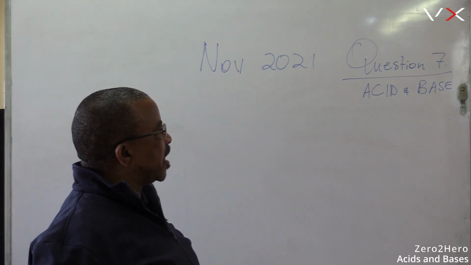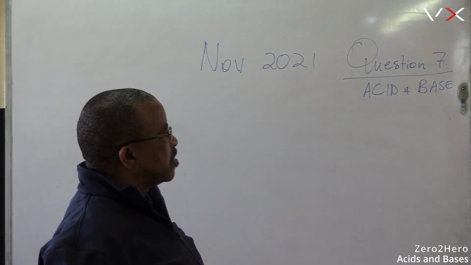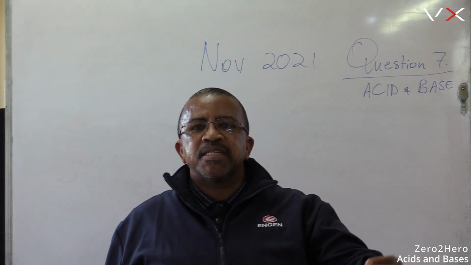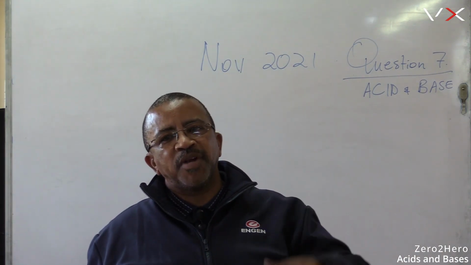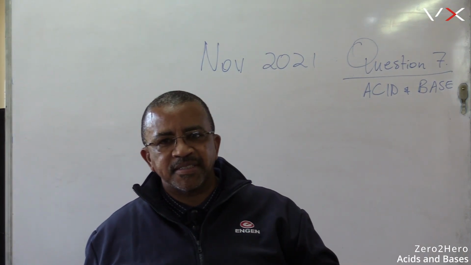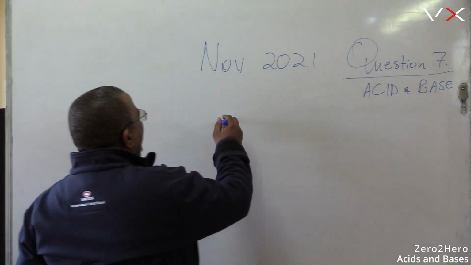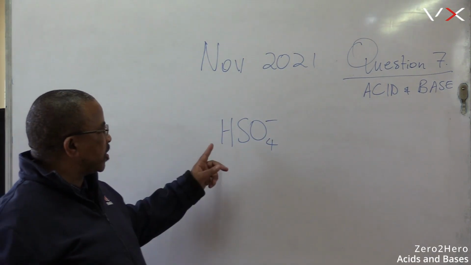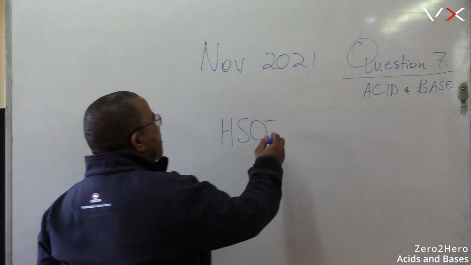equation. Which acts as an ampholyte? We are looking for the name or formula. An ampholyte is a substance that can donate H+ as well as accept H+. It can act as an acid as well as a base. Hence it is known as an ampholyte. So hydrogen sulfate ion, now it's HSO4. You say either HSO4 or, as a formula, or the name is